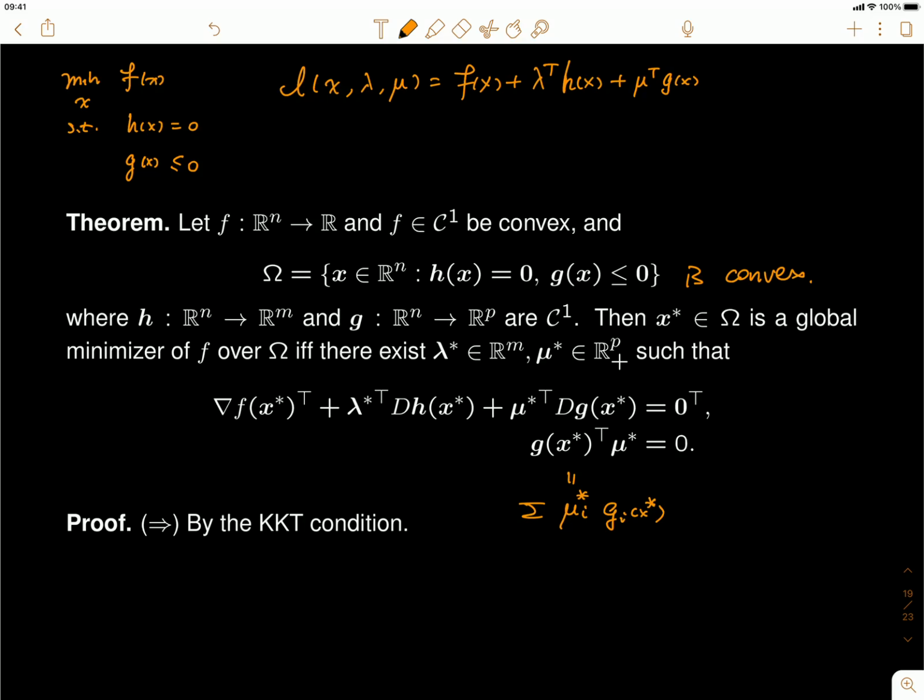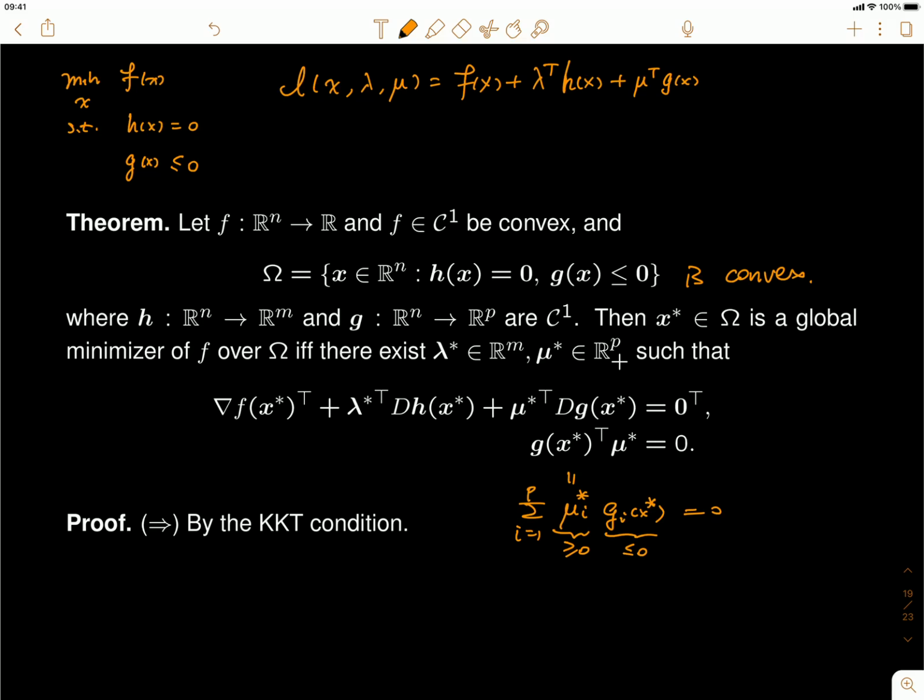Because the g of x star is a p-dimensional vector, so the g i is just the ith component from 1 to p. So this is equal to 0. Sorry, the first one is greater than or equal to 0. This one is less than or equal to 0,